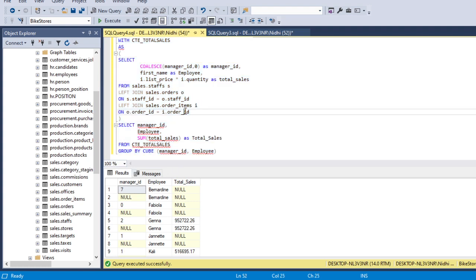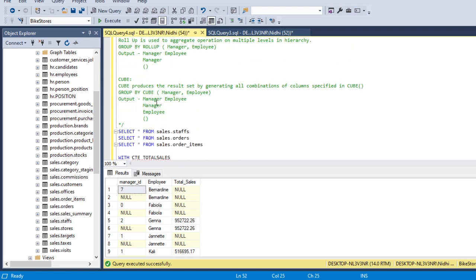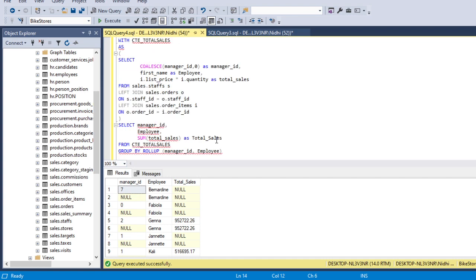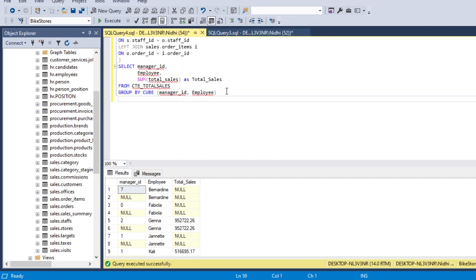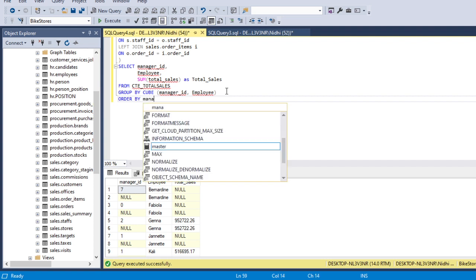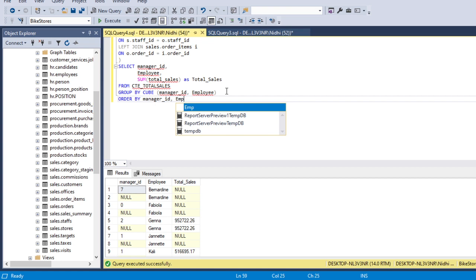Now first see the format it will provide: at the manager and employee level, then one with manager level only, then one with all the employees put together, and then at all level. Let's order by manager ID and then employee for more readability.